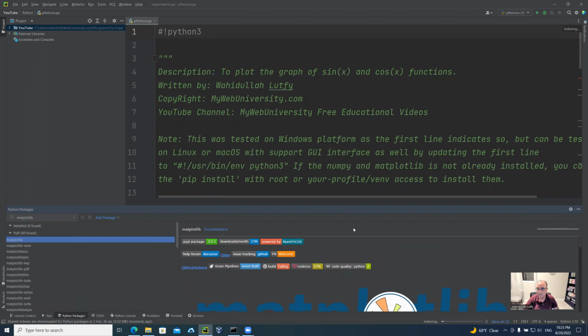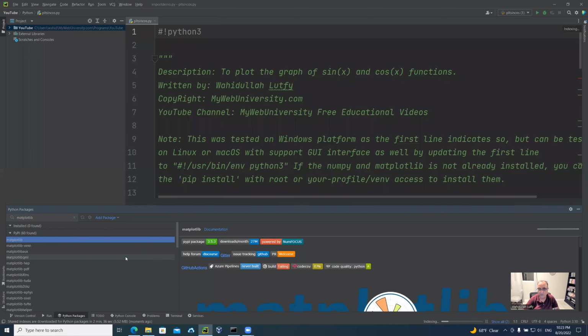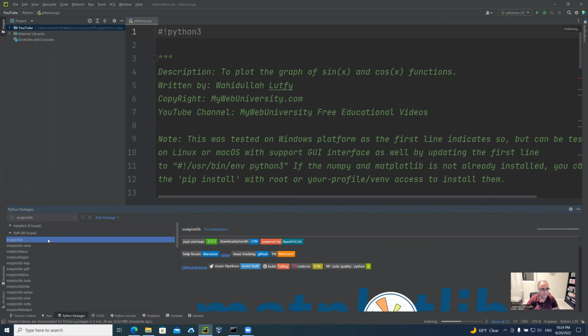But let's see if it does the installation. If it doesn't do it, I already showed you from this interface and the virtual environment that may take a while to just load the modules inside PyCharm. And we can just give it a few minutes, and then just